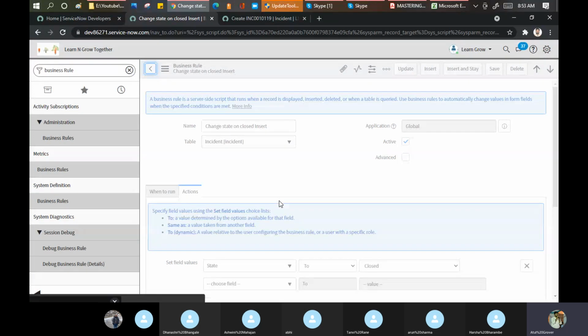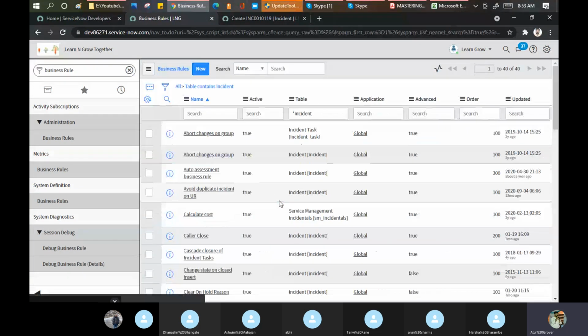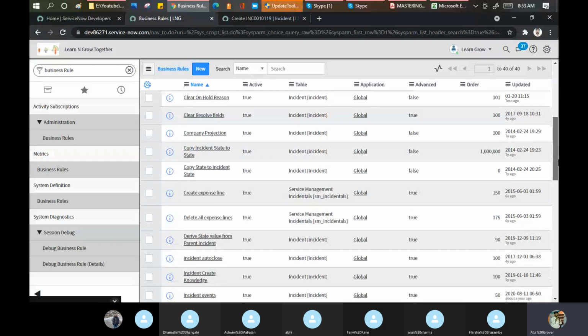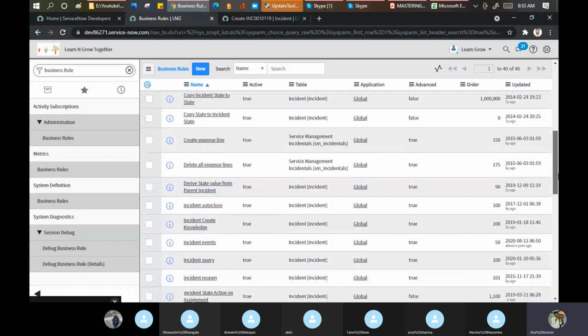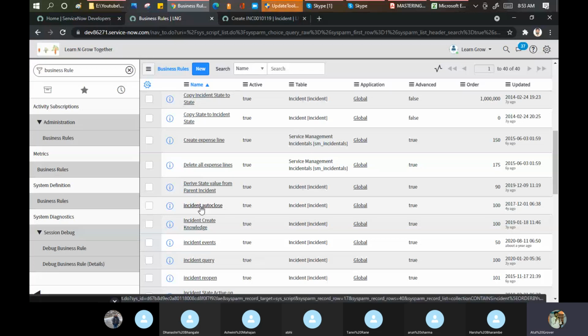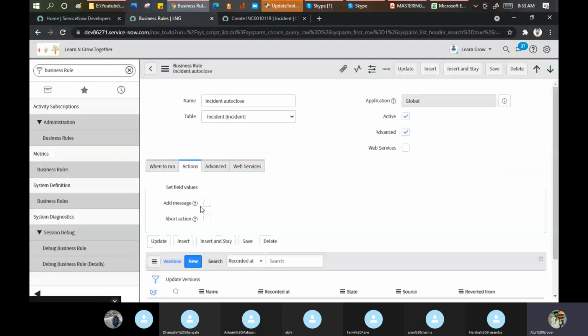Even so, if you are a good developer, try to use the inbuilt conditions and operators in the business rule as well before you go for the actual coding part. Okay, let's say auto close. I can use the incident query as well.